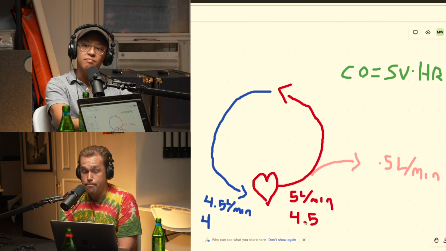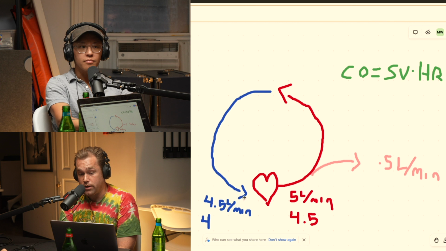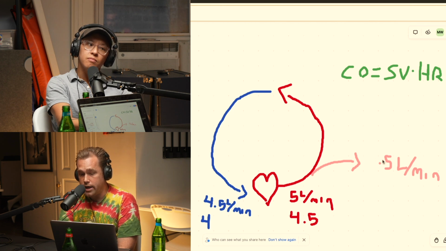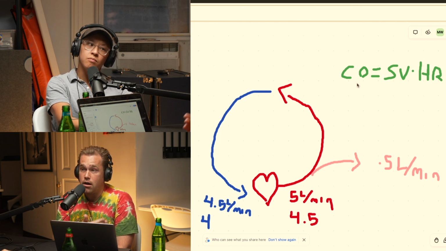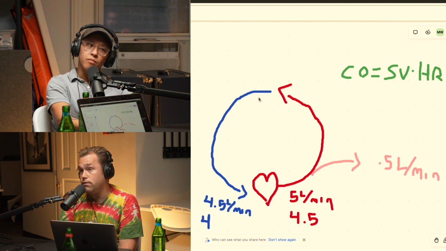Now, a minute later, 4.5 liters of blood is leaving the heart, but they're still losing this 0.5. So only 4 is returning. That means only 4 can pump out. Another minute later, they're at 3.5, and then 3, and so on. As long as this blood continues to leave, it's not returning to the heart. So that is dropping the cardiac output, and inadequate cardiac output is going to be inadequate perfusion. That's how hypovolemia works.